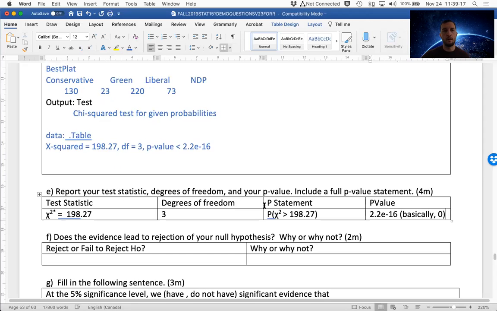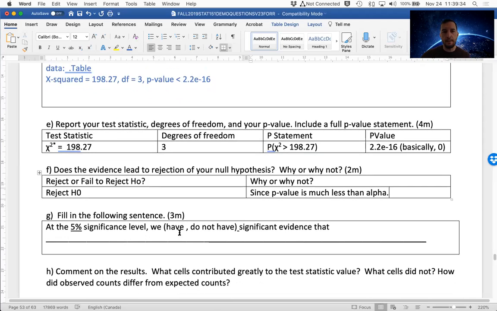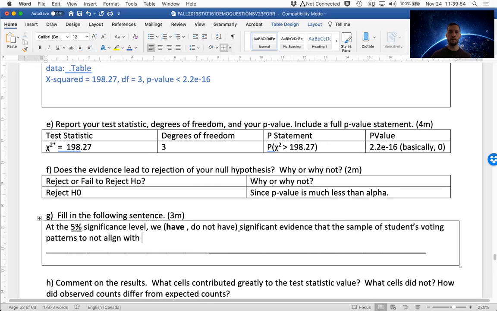All right. Okay, so does the evidence lead to rejection of the null hypothesis? Why or why not? So we would certainly reject H0 here. And we would do this since p-value is much less than alpha. And then we can say at the 5% significance level, we have significant evidence that the sample of students' voting patterns do not align with those of the Canadian